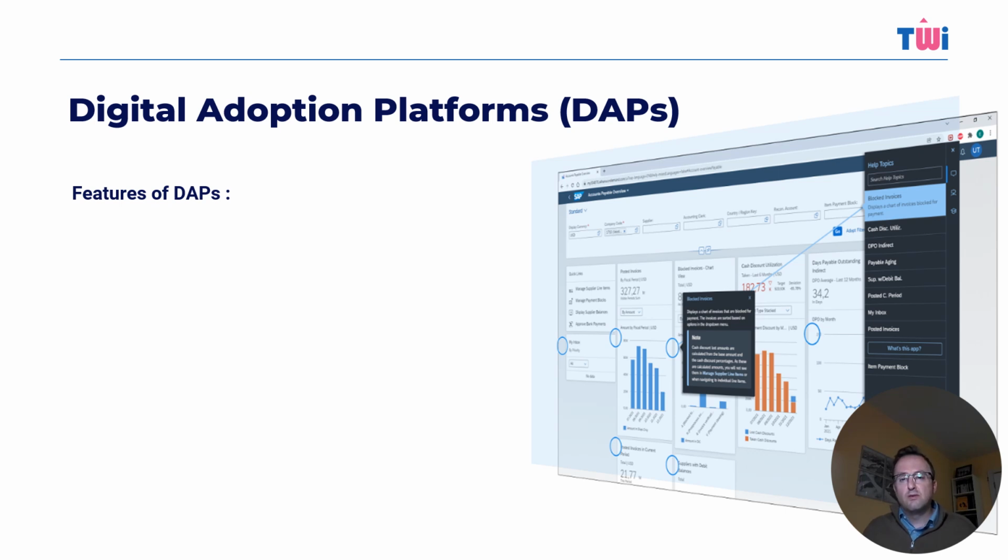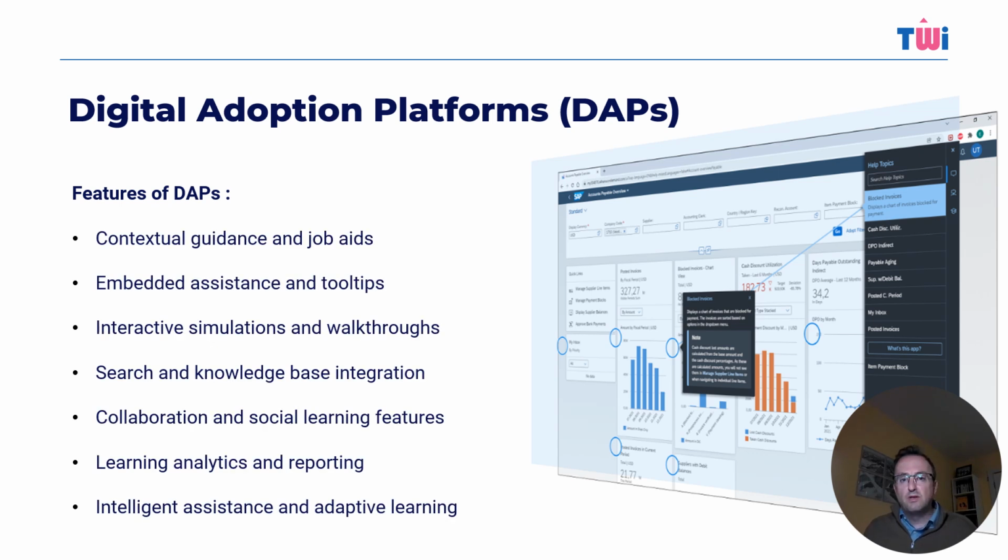There are many different digital adoption platforms available on the market at present, but most of them share some common features and traits. These include the ability to only provide contextually relevant learning content in the current location and to the correct audience to ensure that it has value. Embedded assistance, tooltips, pop-up guidance, and users can navigate through different features or workflows. Interactive simulations, walkthroughs that allow learners to practice and rehearse tasks and processes in a safe, risk-free environment. These provide instant feedback, reinforcing correct behavior before learners then can apply the knowledge in the live setting of the system they're in.